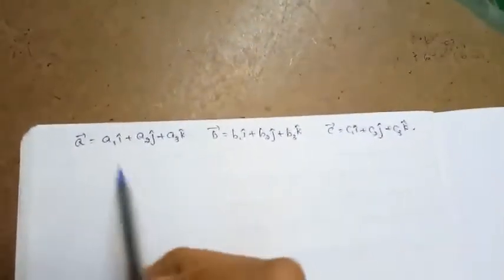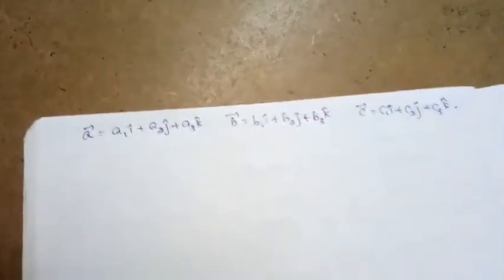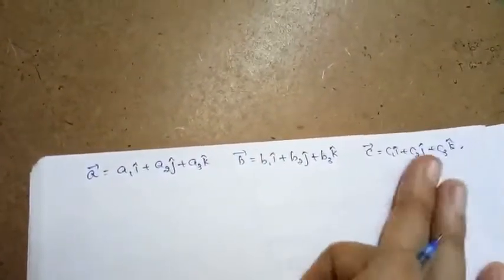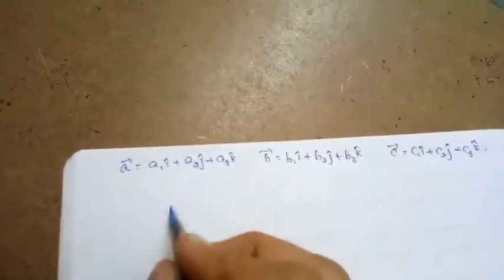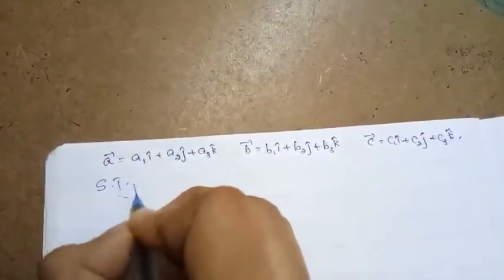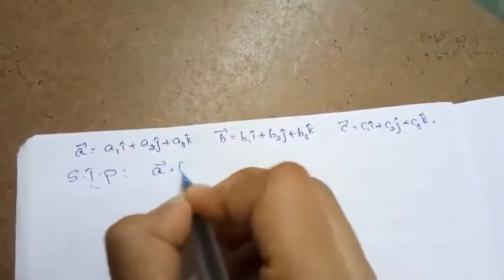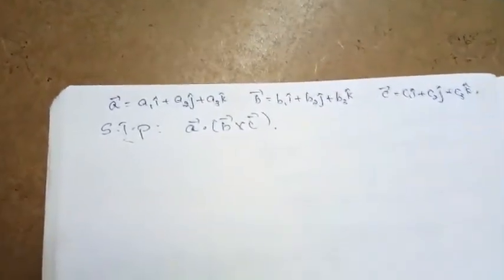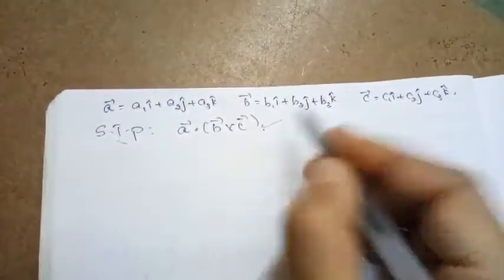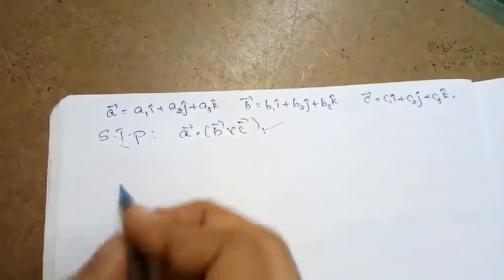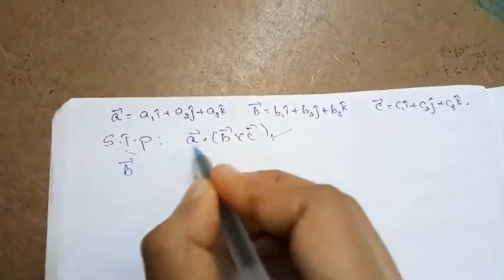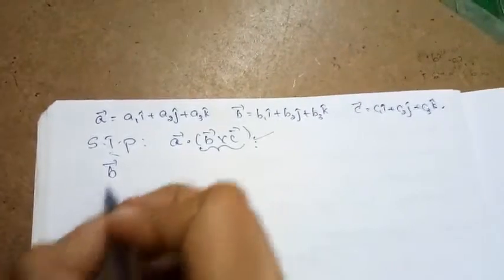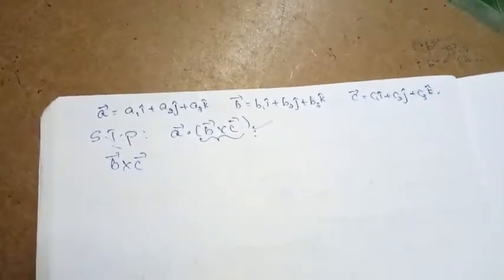Now suppose I consider the components of vector A, vector B and vector C in general form. So these are the components of vector A, vector B and vector C. What is the scalar triple product? The definition says vector A dot vector B cross C is our scalar triple product. Let us verify that with the components of the given vectors in general form. To find the dot product of these two vectors, first we should know vector B cross C. So let us find vector B cross C.